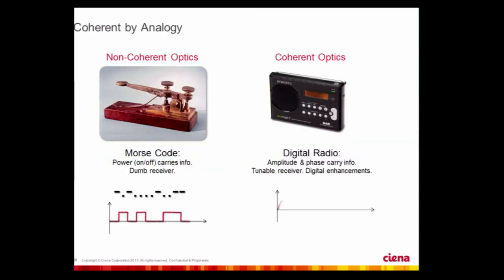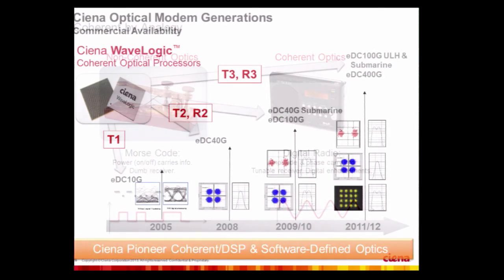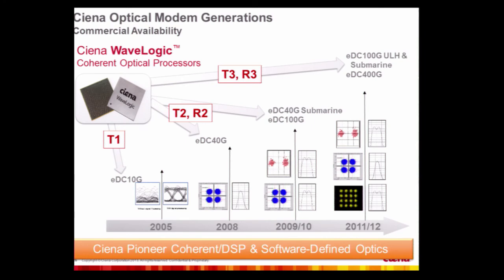So a few words about the coherent technology itself. As you know, conventional systems were basically on-off keying. So light on is a 1, light out is a 0. And when we move to coherent, you use a bit more sophisticated receiver. You use a local oscillator that you can use to tune into the information that you need. By doing that, you can extract not only the amplitude, but also the phase information, and actually use two polarizations. So that's how coherent transmission is done. By going from 10G to 40G, you could use the same electronics, but do 4 times as much capacity transmission by using coherent technology.